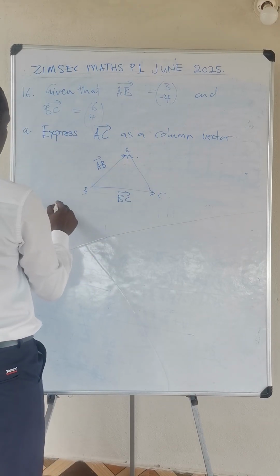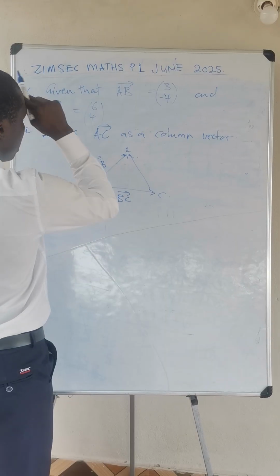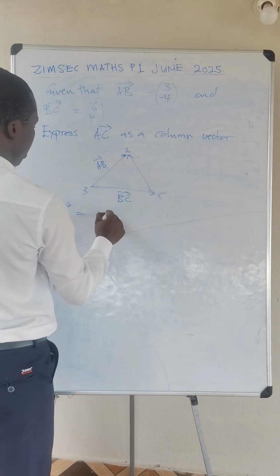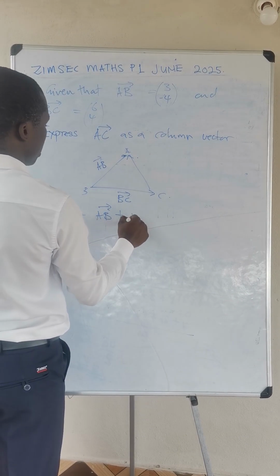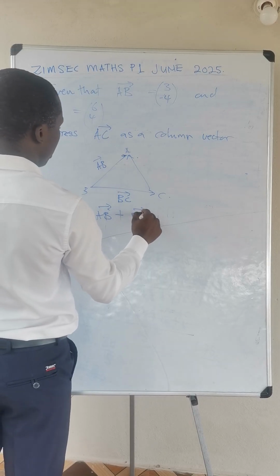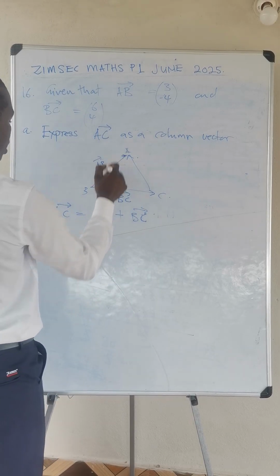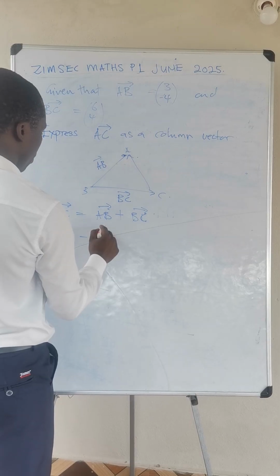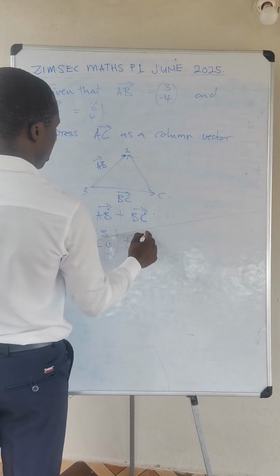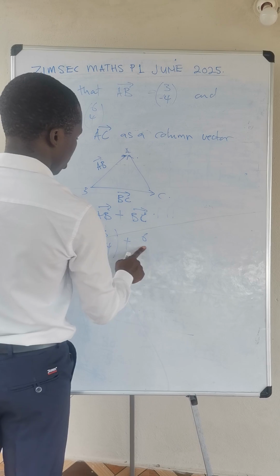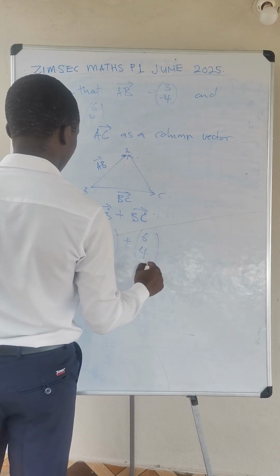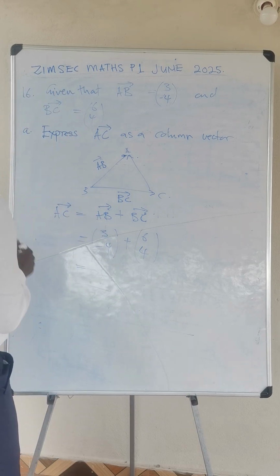So the vector AC is equal to vector AB plus vector BC. We add these two: (3, -4) plus (6, 4) is equal to,